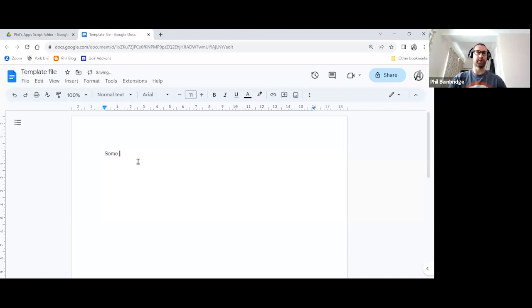And if you wish, you can type some text in the document itself, just so you can see that it copies the entire content in the same way as when you were doing this via Google Drive. I'm going to leave that file open for the moment because we'll need to come back and collect the ID from it at a later point.